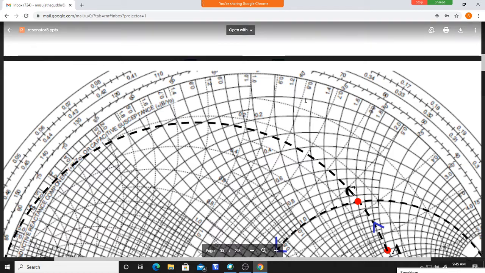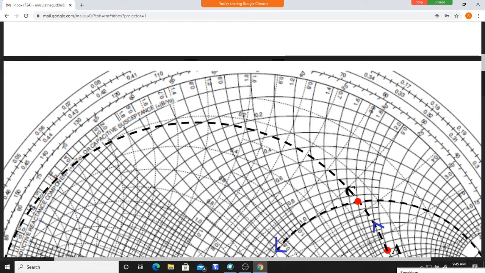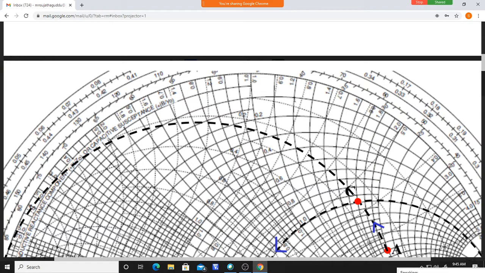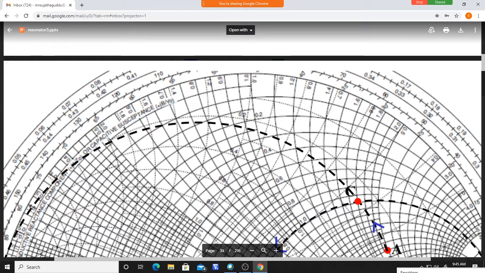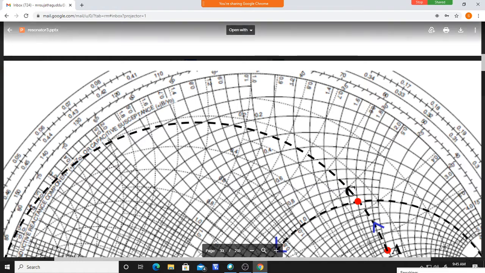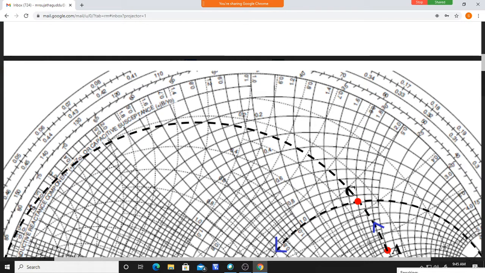You see here, these are reactance circles. Solid lines give the reactance value, so each reactance has a circle on the Smith chart. See, here is plus 1.2. Reactance values are positive in the upper part of the Smith chart. This is a reactance circle, and its value is 1.2. X is equal to 1.2.